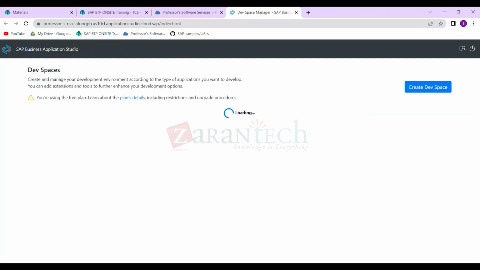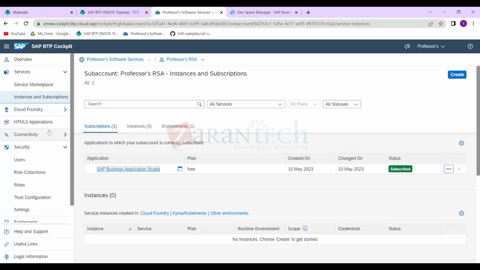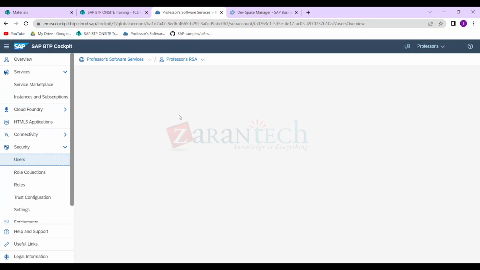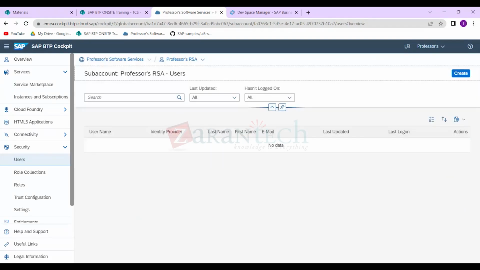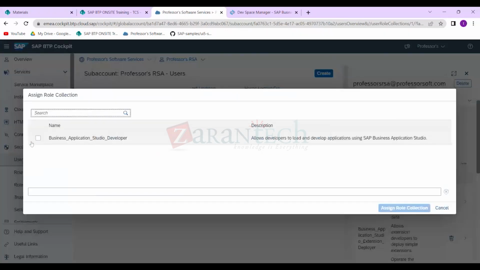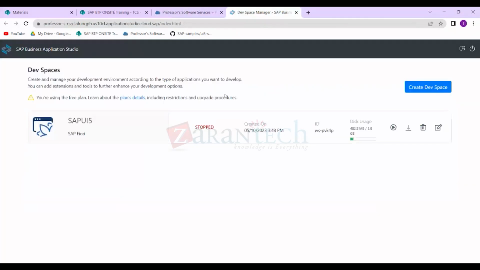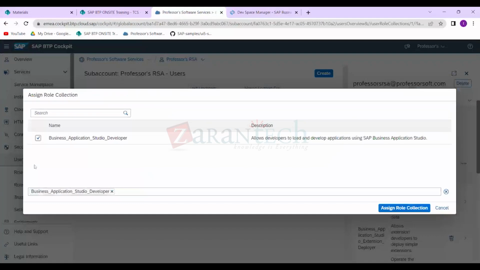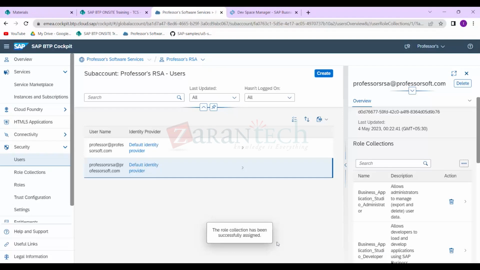It is already there. Let me assign that role again. This is a developer role. Even though once I go inside this, I will not be able to create. So if I assign this role to me, assign the role collection, the role collection has been successfully assigned. Now once I try to open this, I'll be